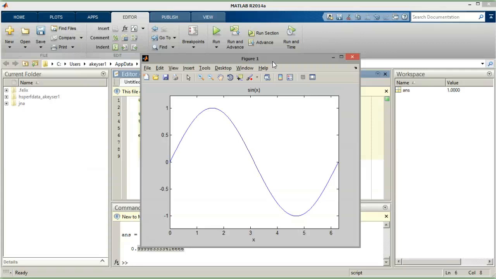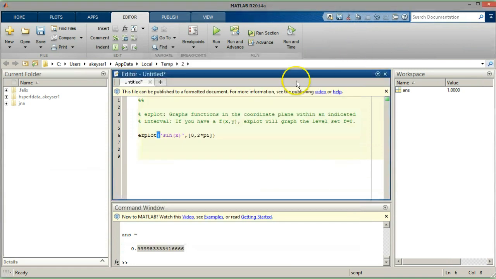Now, if we put another function here that's a multivariable function, a function of two variables, let's say a function of x and y, then what it's going to do is graph the level set. Okay, so let's look at an example that's not a single variable function. Let's look at an example that's a two variable function. Okay, so let's look at, let's say for example,